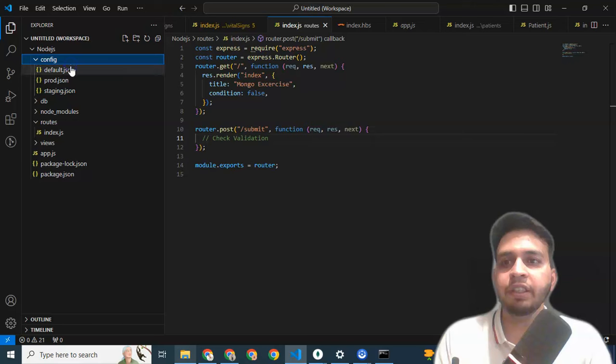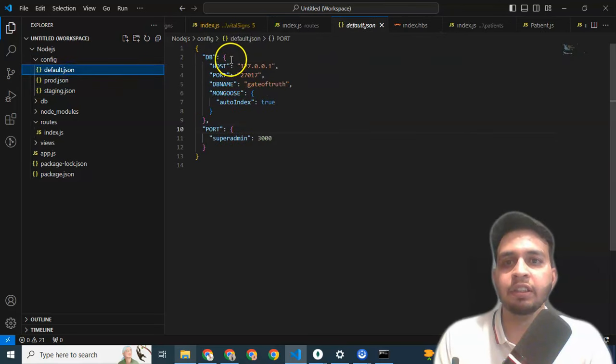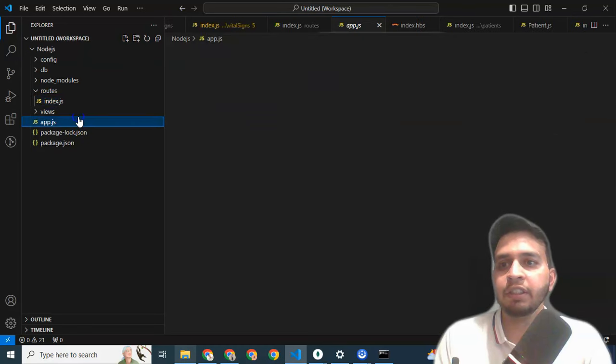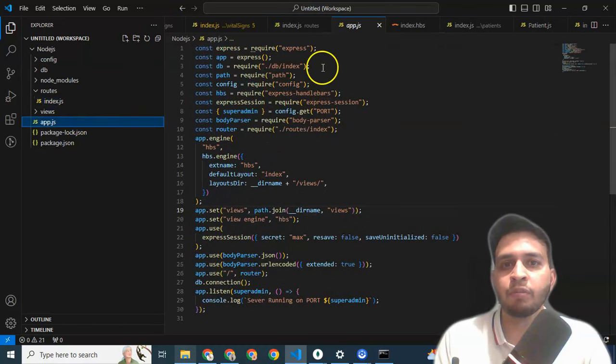We already did the configuration here. That's the DB. We already gave the host, port and DB name. You can change them by their name, correct? And the next part you already gave here in the app.js. This is the